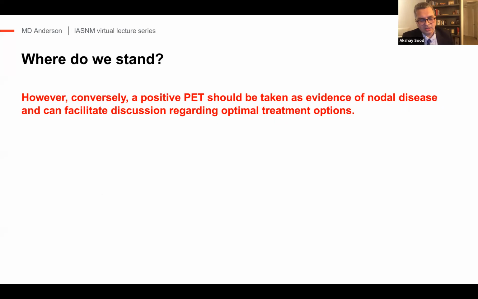And on the flip side, we know that the PSMA PET scan does have very high specificity in detecting nodal disease, close to 98%. So if the PSMA PET does show that a patient has nodal disease, then it can facilitate discussion regarding whether they would benefit from local therapy, or whether they should just have systemic therapy. Again, this is a field that's very rapidly evolving. We don't really know what the ideal treatment for node positive disease patients is, even with conventional imaging, and we don't know at all what the ideal treatment is for patients who have nodal imaging positive only on PET scan.